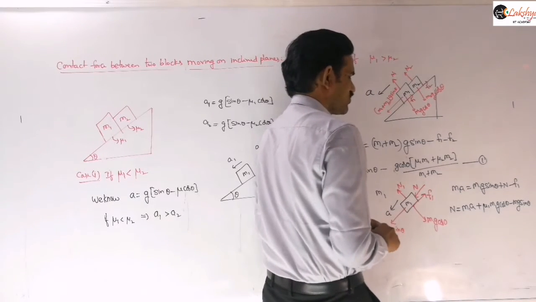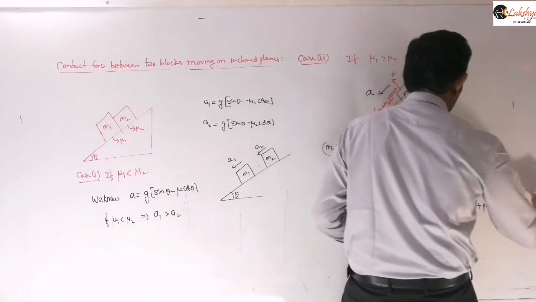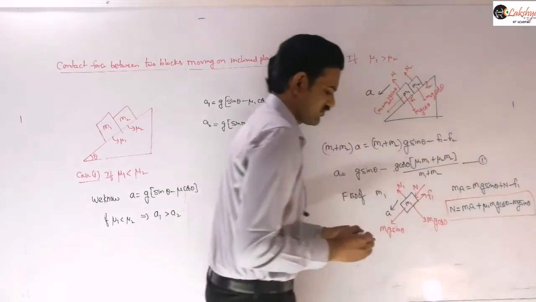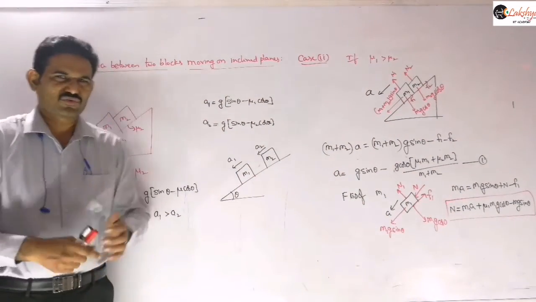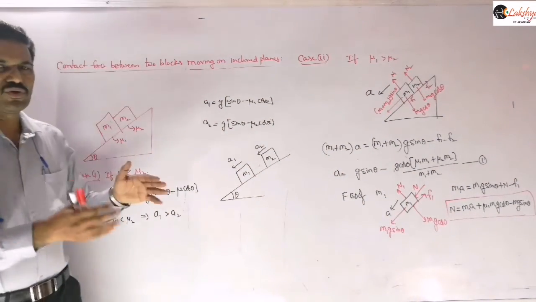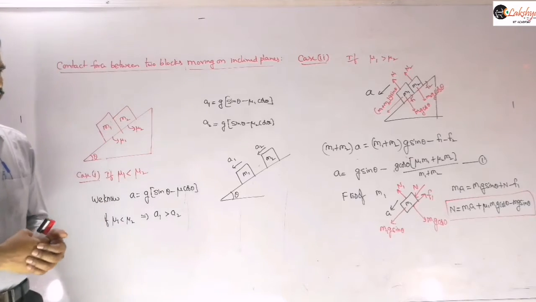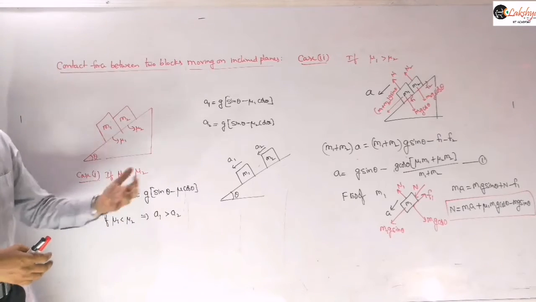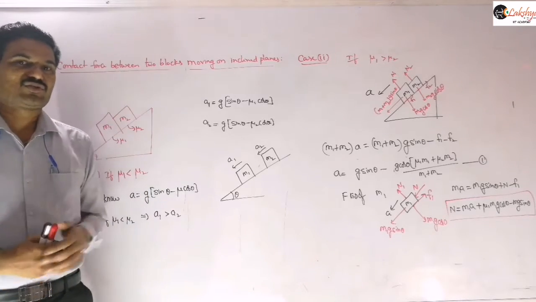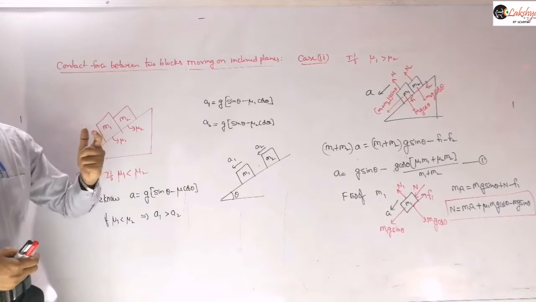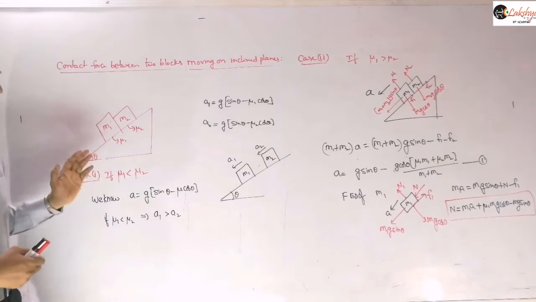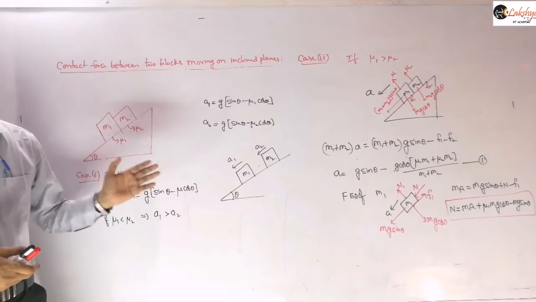So from this equation you can find the contact force between them here. So the contact force between those two blocks you may write there. Those are the possibilities when two blocks are in contact with each other, right? Based on this, if any question is there, first you need to verify whether the blocks are moving down or not. That means whether the given angle is greater than the angle of repose or not.